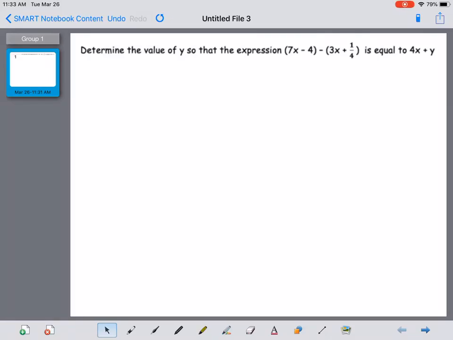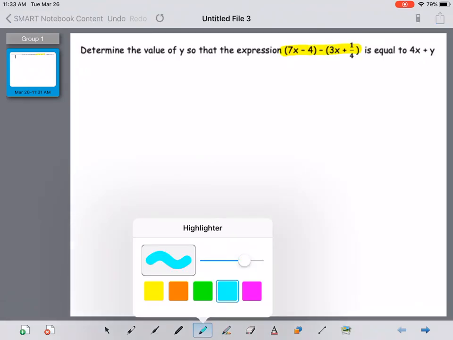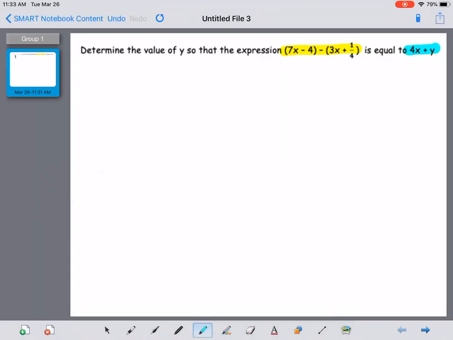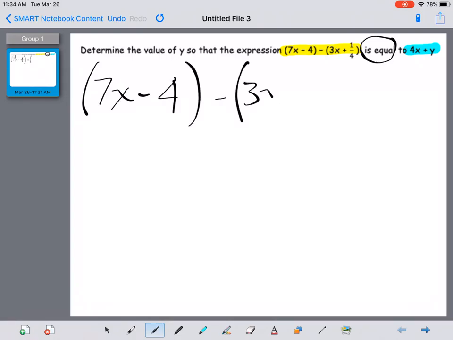So the first thing that we have to realize is that we have an equation. Okay, all of this is going to equal this. Okay, and that's just because I see these words is equal. So I'm going to rewrite the expression into an equation. That's the first thing I'm going to do. Just simply rewrite all of this